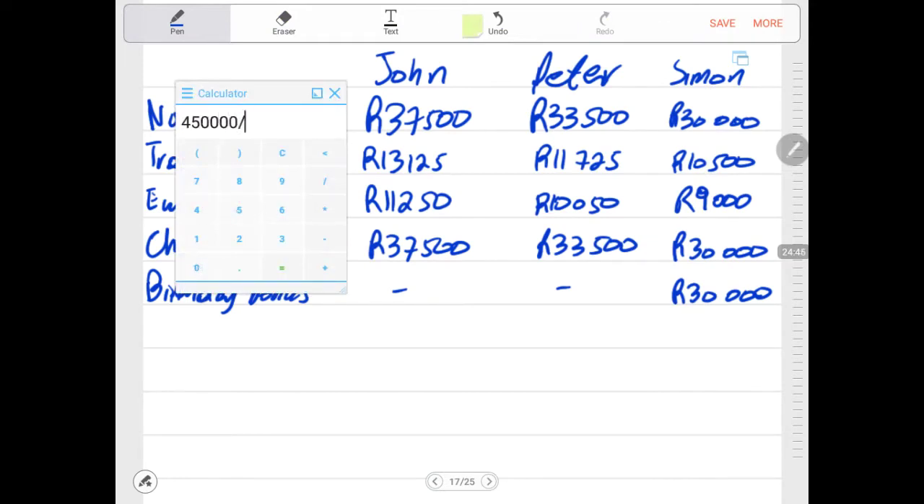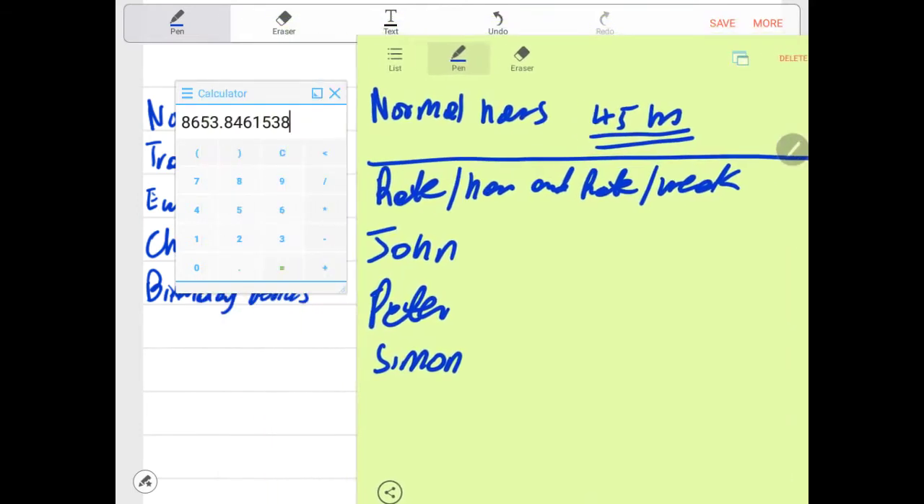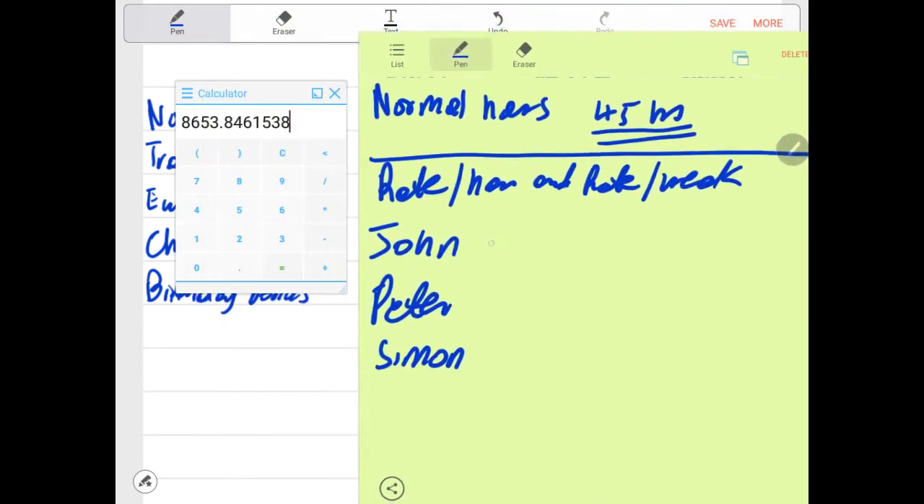rands, divide by 52 weeks in a year, so that we get to the salary per week. Take note, I'm not saying divide by 12. We go straight to 52 weeks so that we know how much the salary per week is. So now after I'm done with that, then I can immediately record the salary per week,